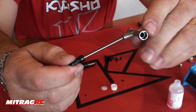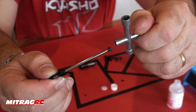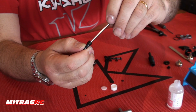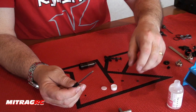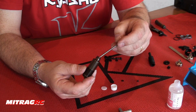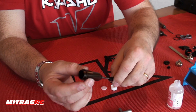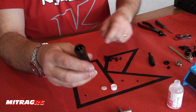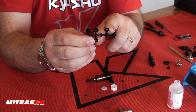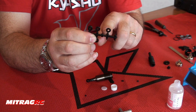And again, because it's a good fit with the ball end and the shock shaft, you should be able to back off the Nylock nut so that it's ready, and no touching of the shaft again with any metal objects or any shock holding pliers. Again, just put a good amount of oil, make sure it's in the middle of the seal, and on the shock shaft take it out, and you'll find that that's nice and smooth again. Again, with the spacer, it's the right diameter to hold the piston off the bottom. On the rear one, because you need a bit more droop, we just put a 1mm spacer in the bottom,